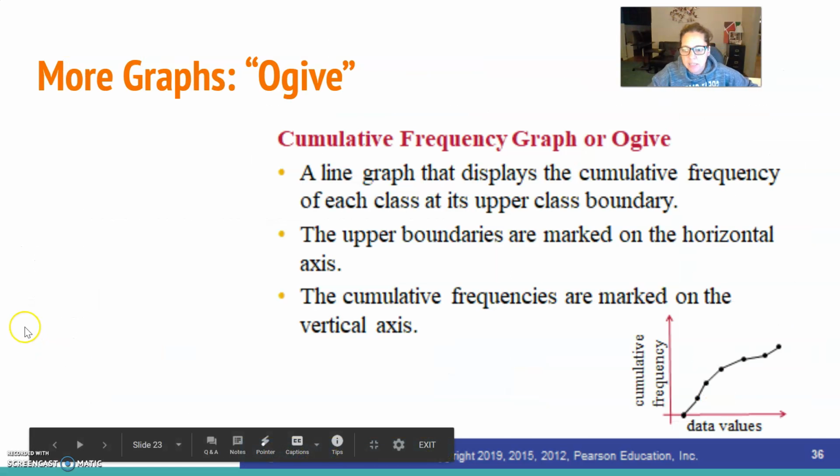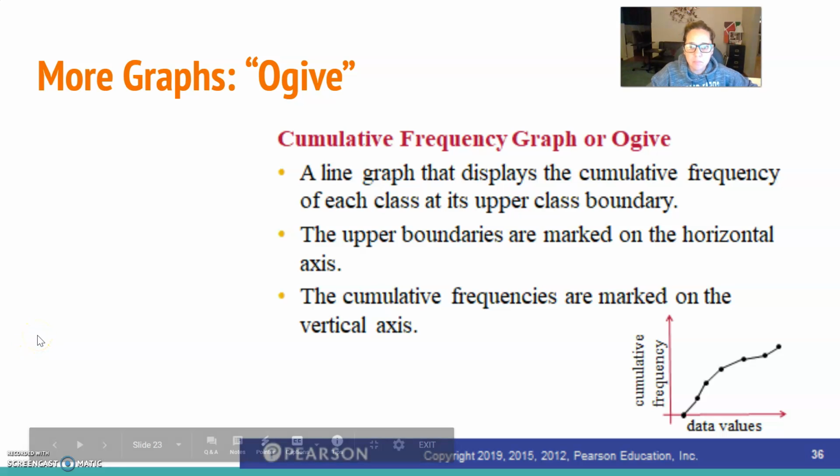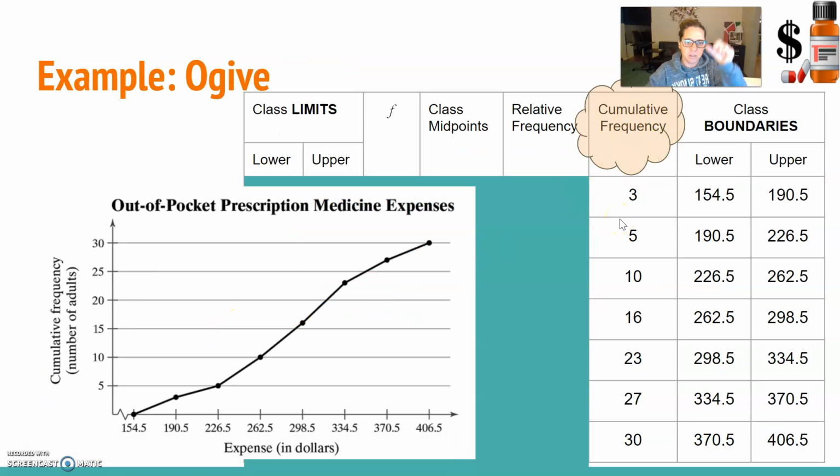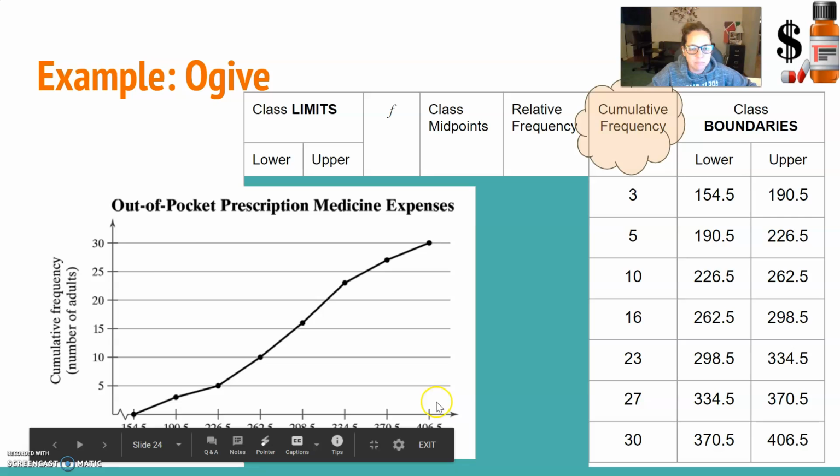Next graph, the ogive. Again, it's ogive, not ogive, okay? So this time we're going to use the cumulative frequencies, the cumulative frequency column in the chart that we already made. So we still use our class boundaries all the way up. And this time, instead of it going